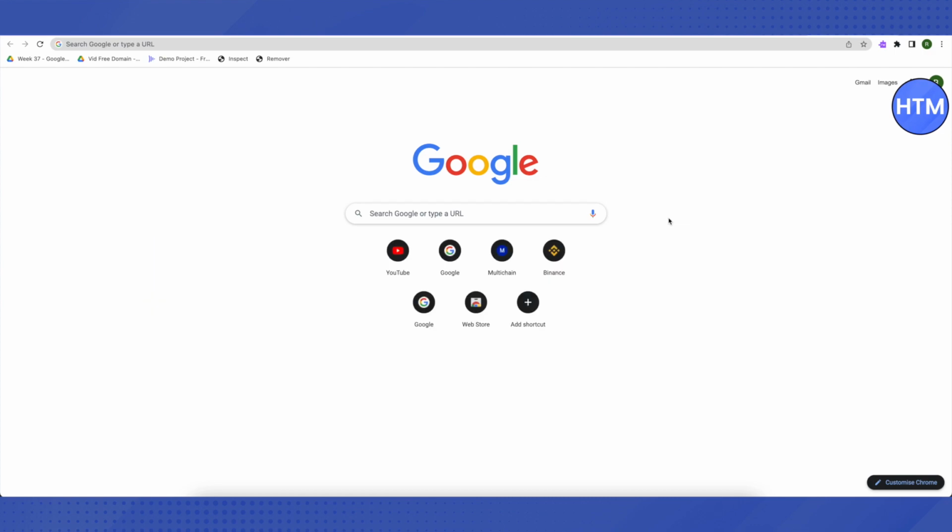So for that you need to open up your settings and go to About Chrome OS, and there you will be able to see whether your Chrome operating system is up to date or not. Make sure that it is up to date and get it to the latest version. So this will allow you to enable App Store on your Chromebook, and then you will be able to install